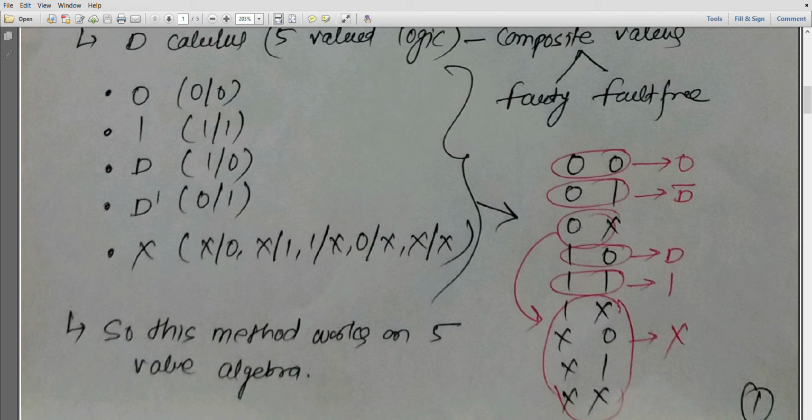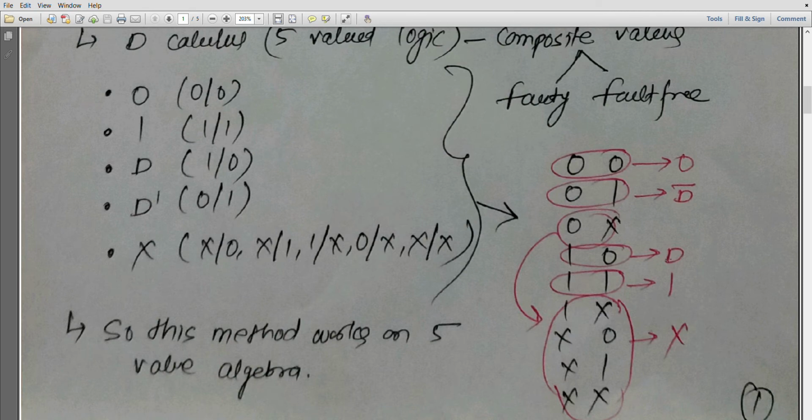If both logic values are 0 in the first case, we can simply replace it by 0. And if both logic values are 1, we can simply replace it as 1. If it is 0 and 1, or 1 and 0, that is where we can detect the fault, because there is a difference between the fault-free and faulty output. Here the difference is 0 and 1, and 1 and 0.